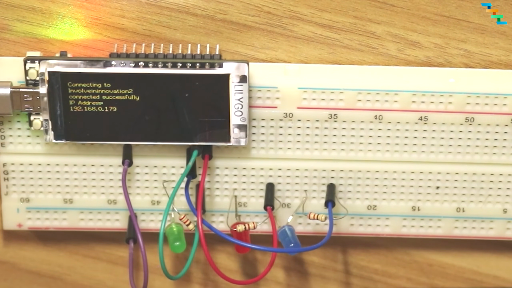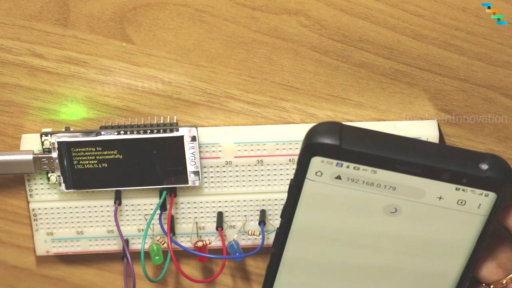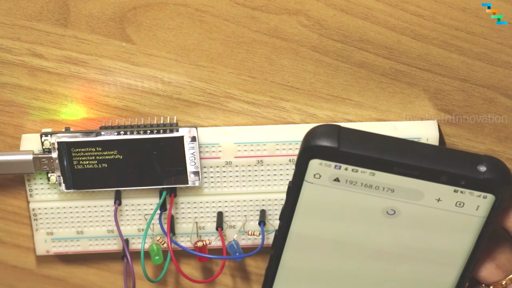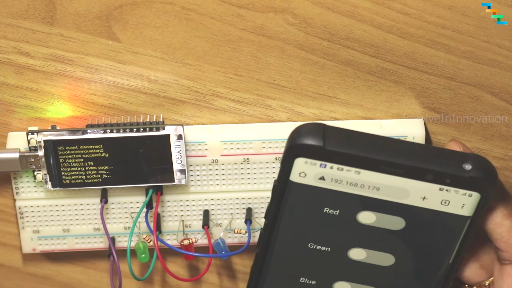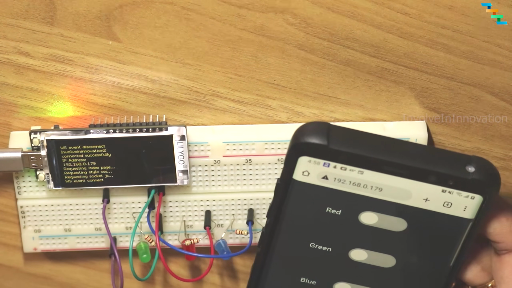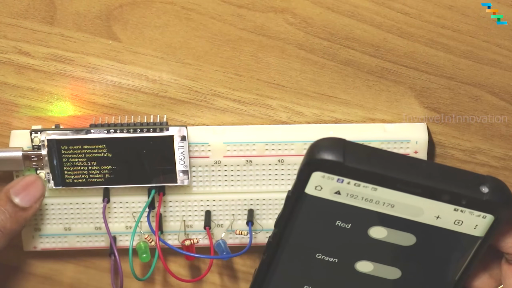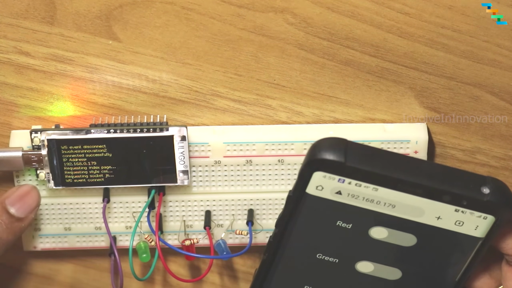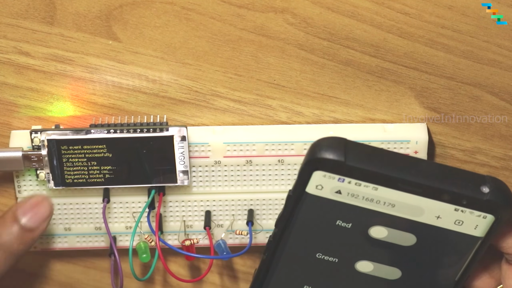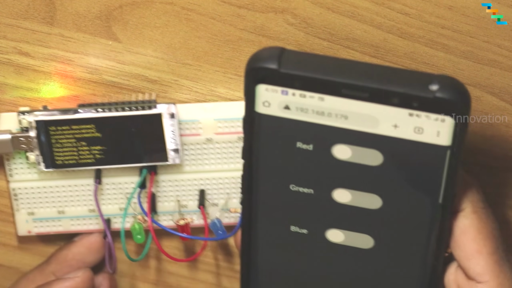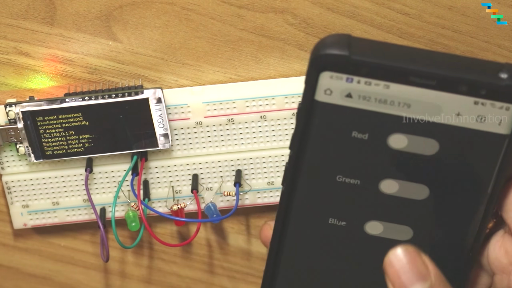Now we can see the IP address. The IP address is 192.168.0.179. Now I have already opened it. So now we'll refresh this connection. It is requesting the index page. Now everything's loaded fine. Now we can see requesting index page, requesting style.css, requesting socket.js, and then WS event connect. And here also we can see everything loaded fine in our